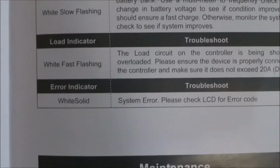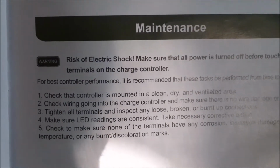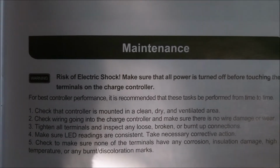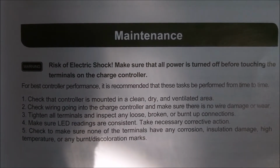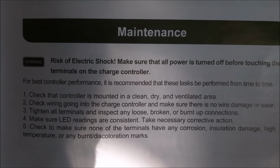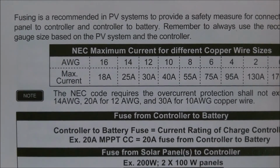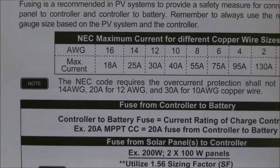Troubleshooting. Maintenance. Everybody's got maintenance. Yeah, make sure you got clean terminals and crimp your wires correctly. Okay, it shows your fusing too. Fusing rec might be this. I'm just reading it real fast to myself. It shows the gauge of wire,